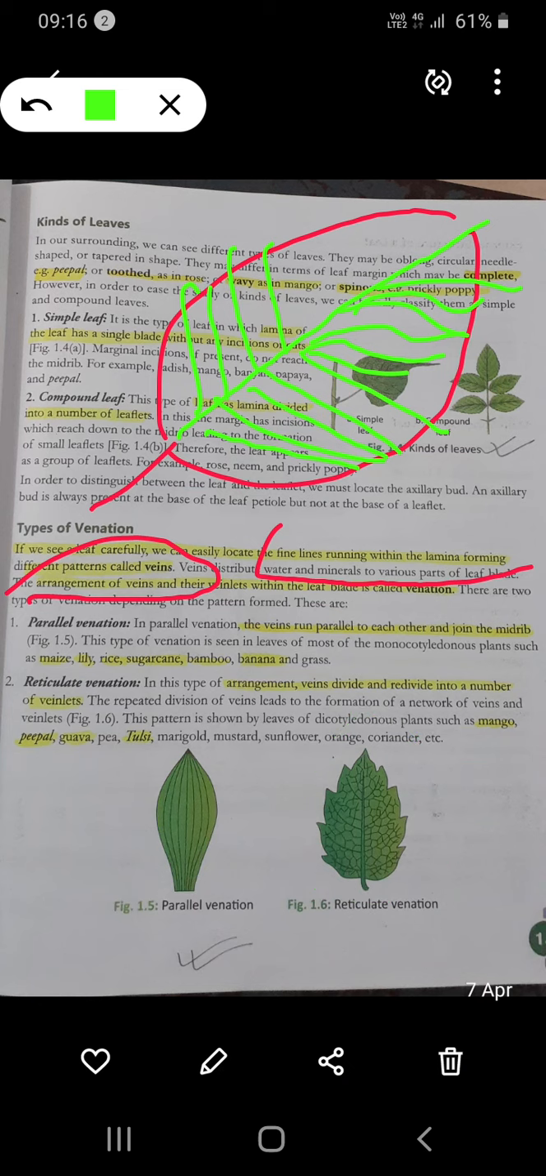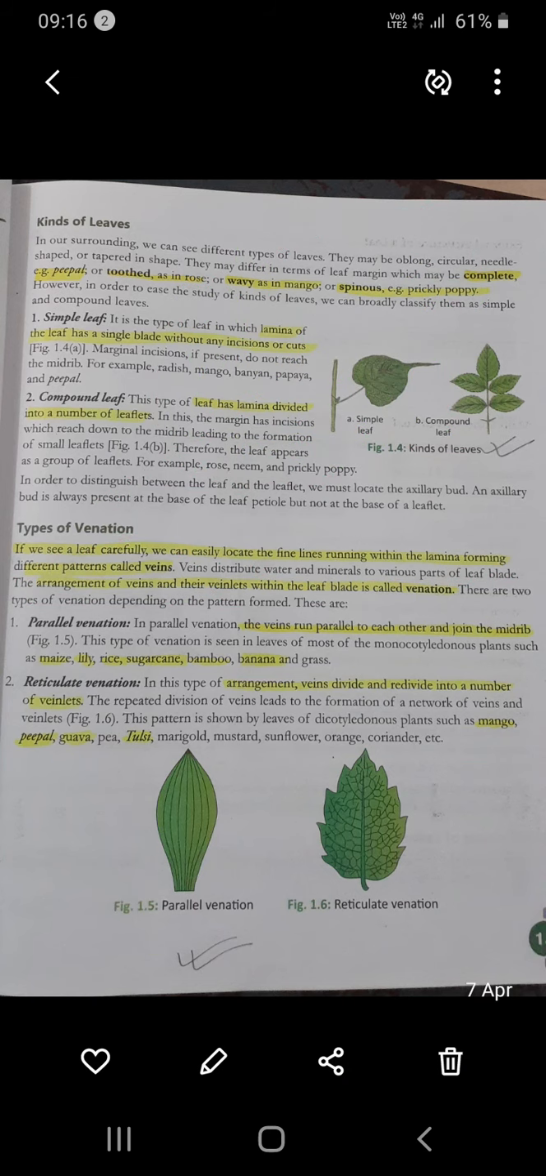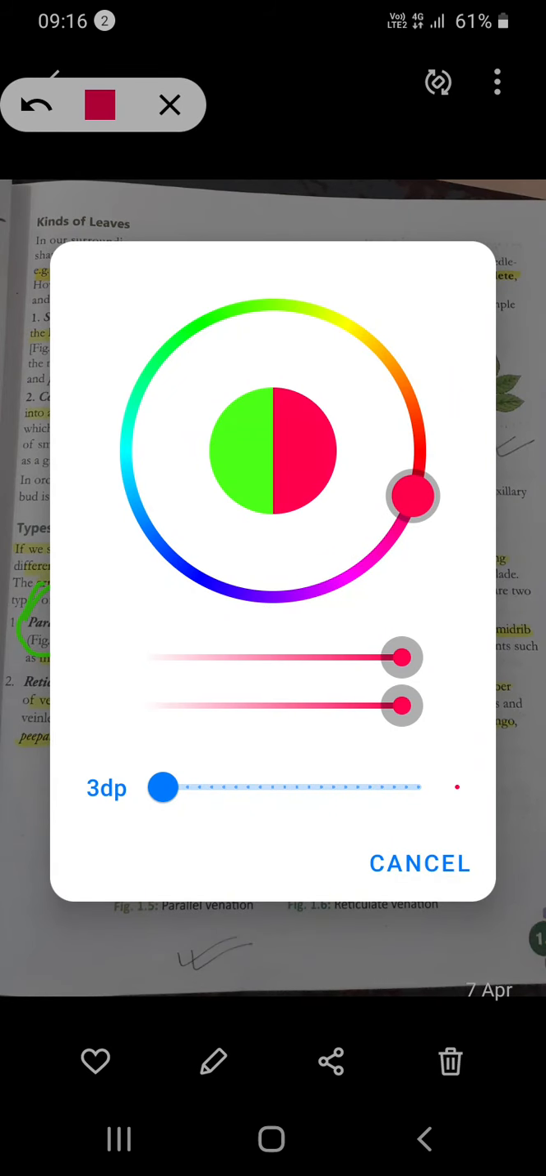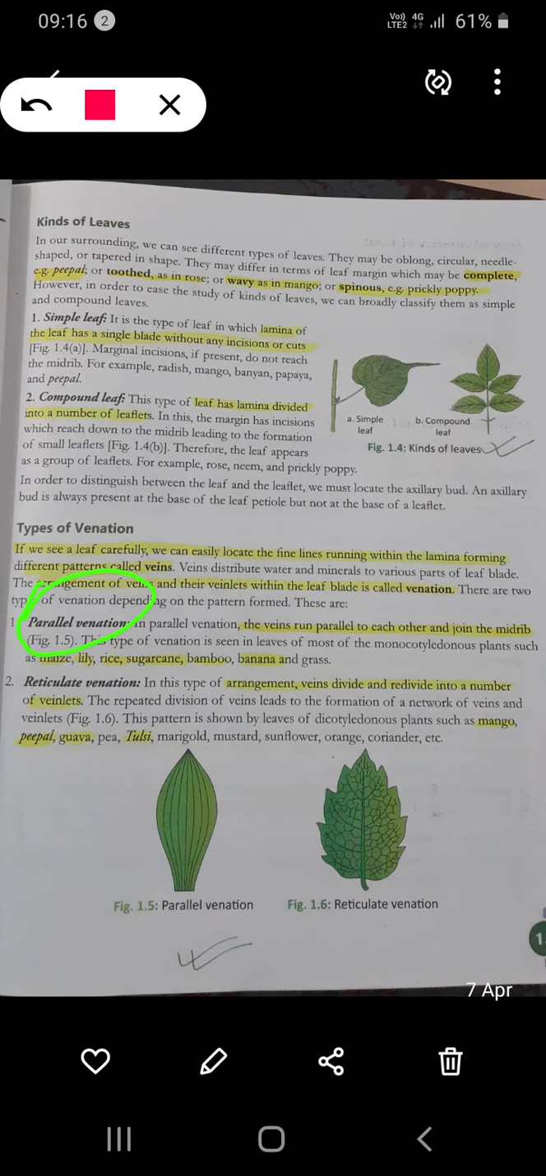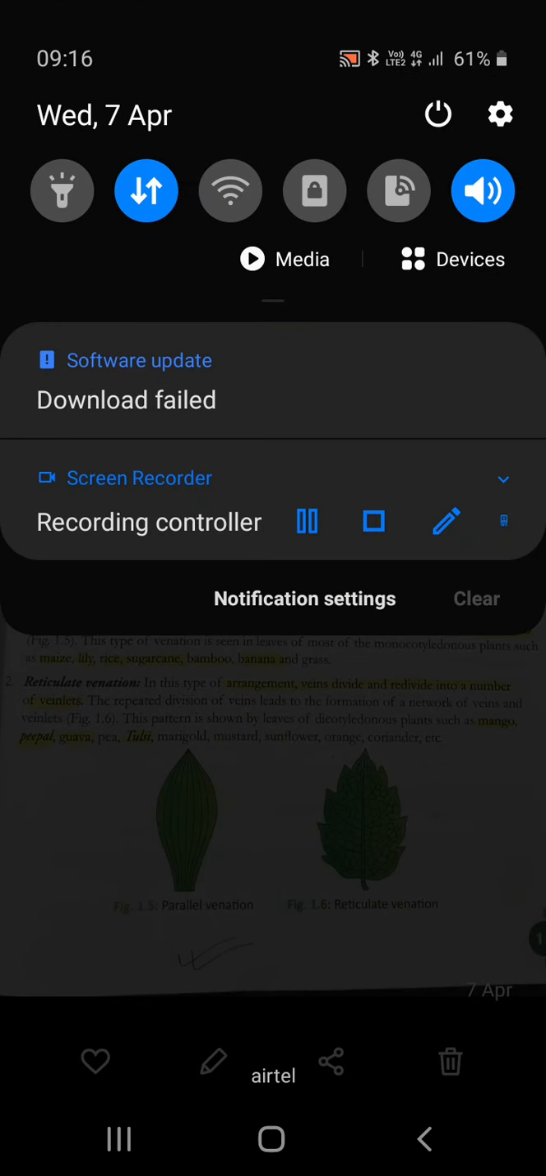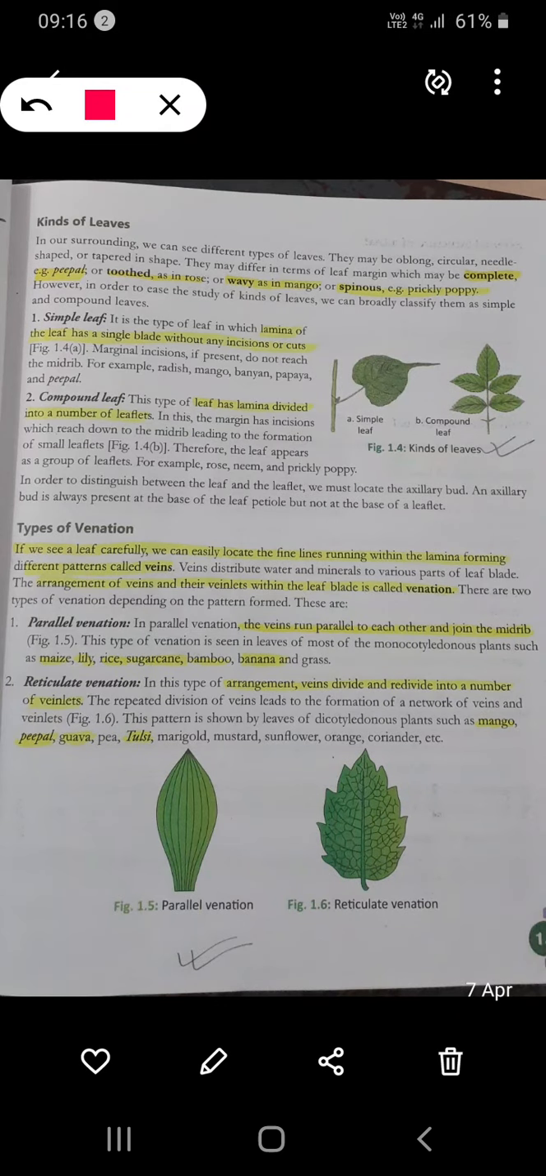Okay, students, now see here, in parallel venation, the veins run parallel to each other and join the midrib. You can see here they are just parallel to each other. Okay, now in the reticulate venation,